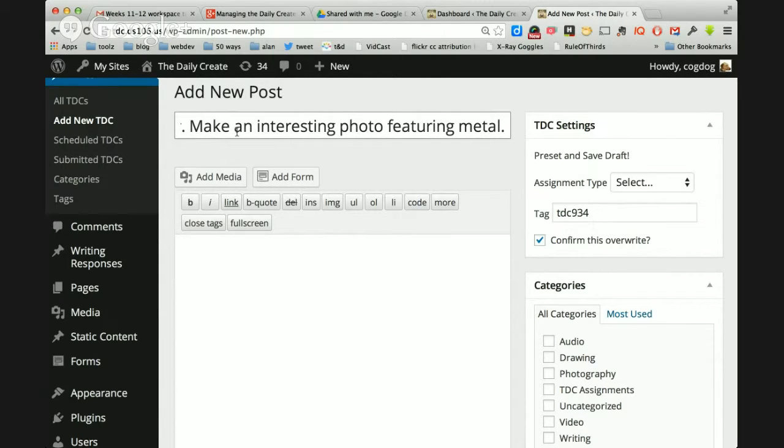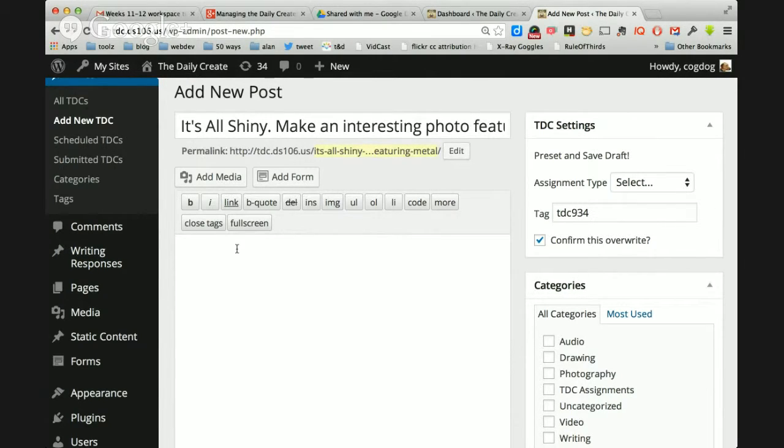Again, the title is important because that's what goes out in the tweet. You don't want it to be too long, but in some sense you want it to capture the essence of the Daily Create, and that should be all it needs. Sometimes you can add extra information. Sometimes it's links. Sometimes it's just to explain the prompt a little bit more. So I might say gold, metal, silver, tin. This is not maybe the greatest example, but sometimes there'll be a link as a reference.